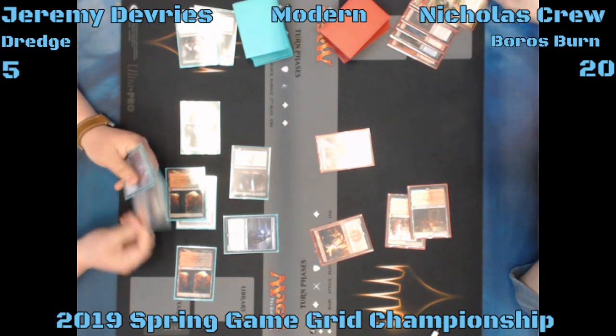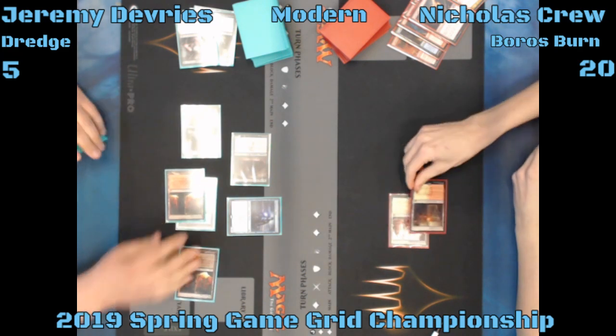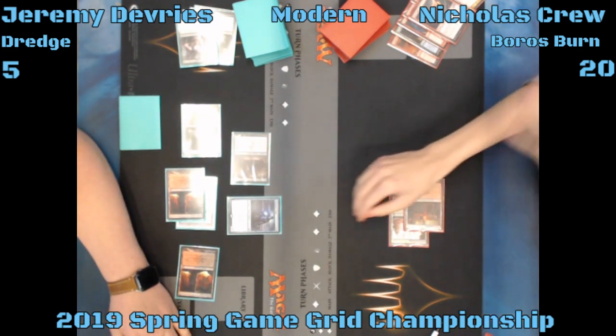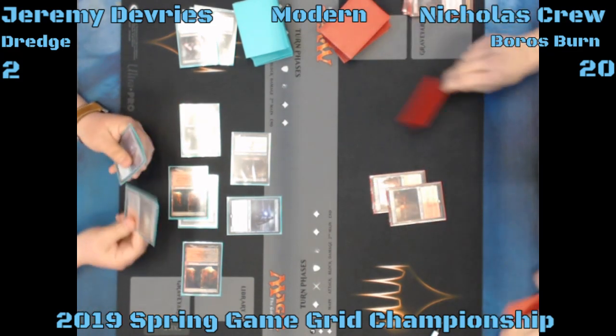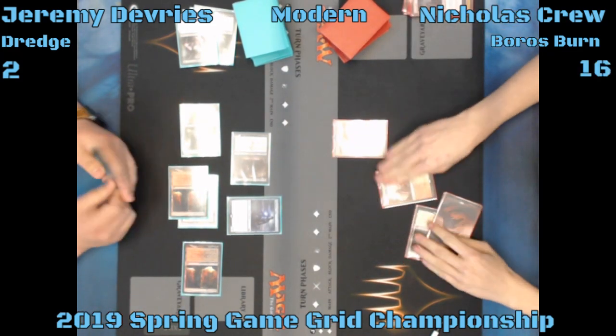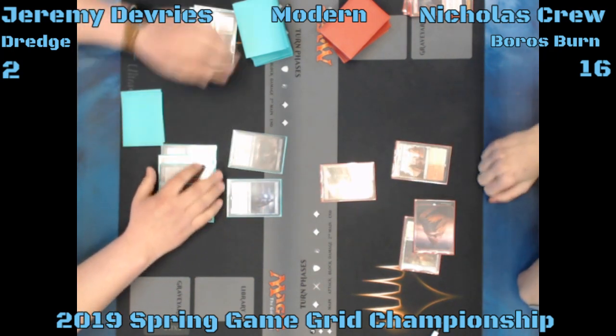So it looks like in response to the Inquisition, he can cast Lightning Helix. Yep, which puts Jeremy to 2. And then I believe Nicholas is at 16, after the attack from the Gurmag Angler. Yep. And then 19 from the...